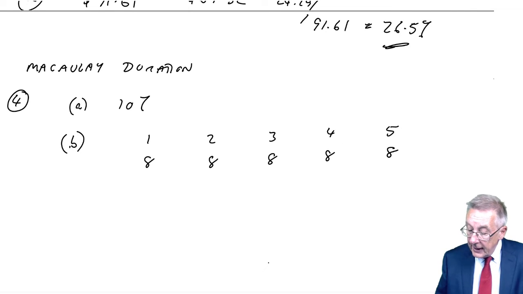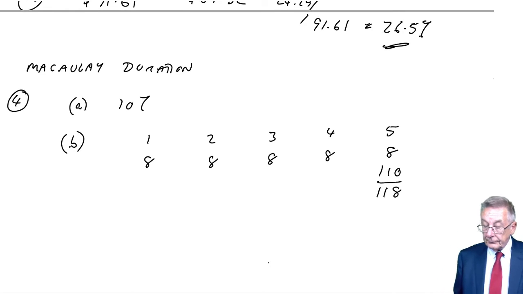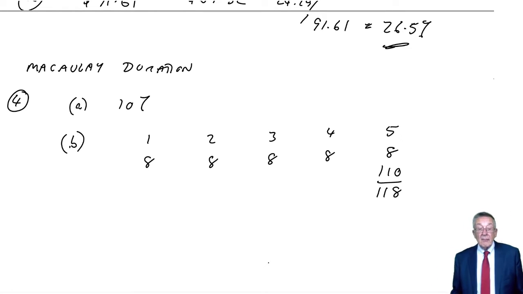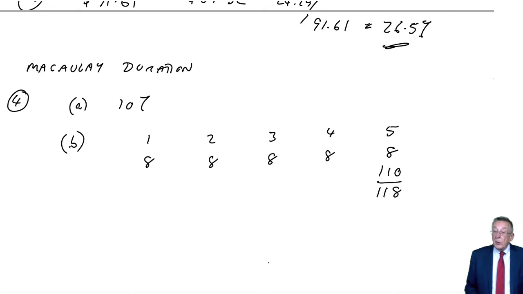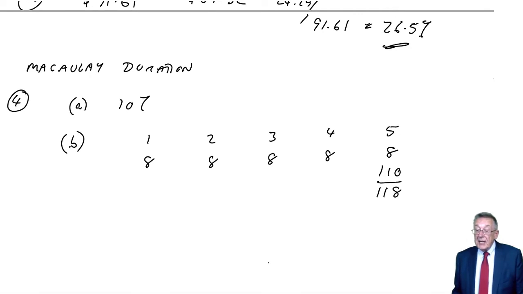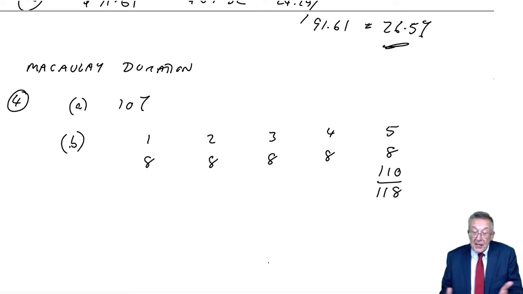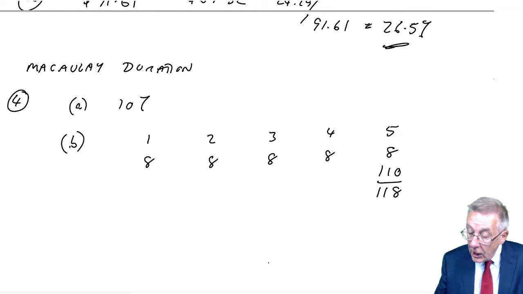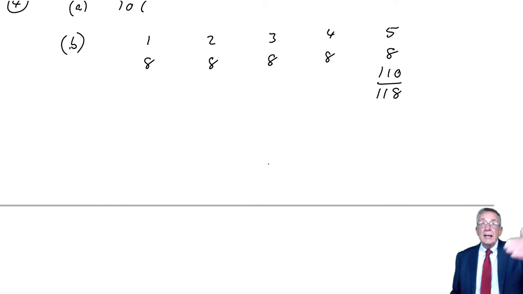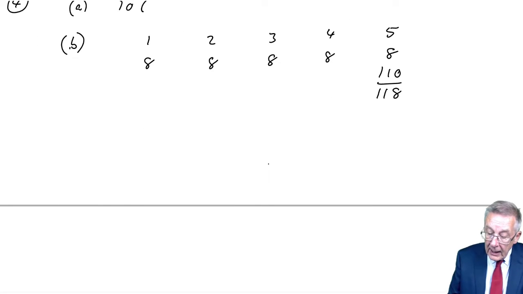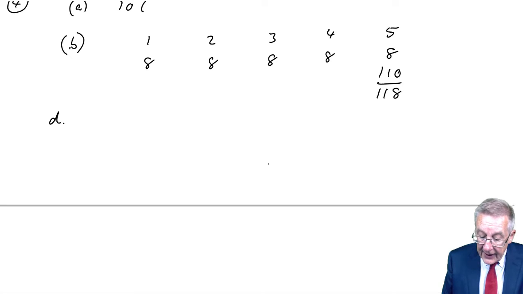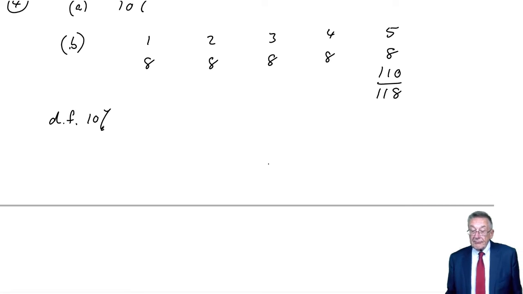And then in 5 years' time, there's the redemption, 110. First of all, we discount each of the flows at the gross redemption yield, the yield to investors, which is 10%. Now, I know we did it up above, but I don't want to go winding up and down the screen. But again, we discount at their yield of 10%, the current yield,